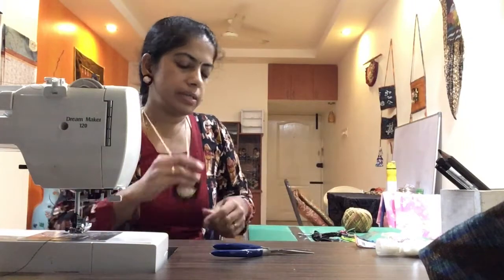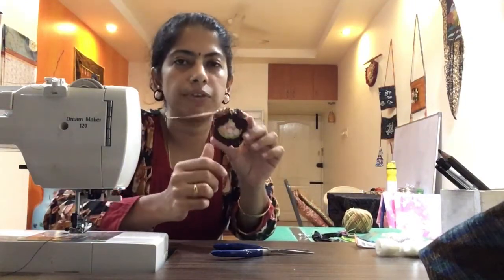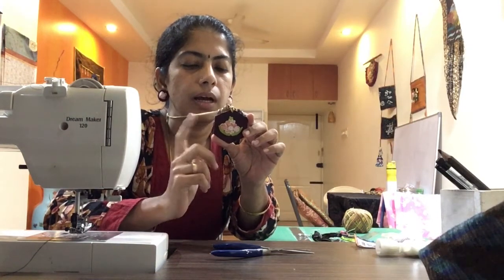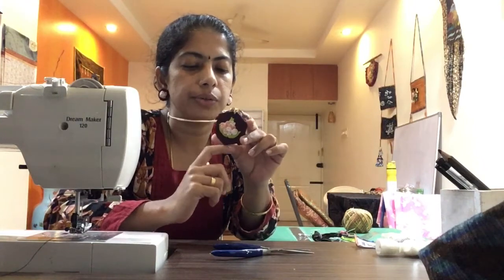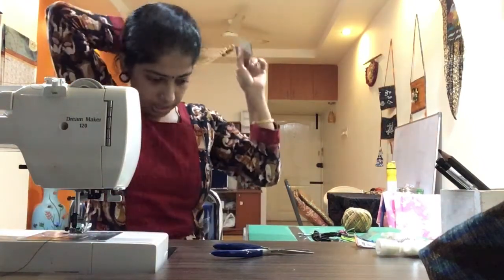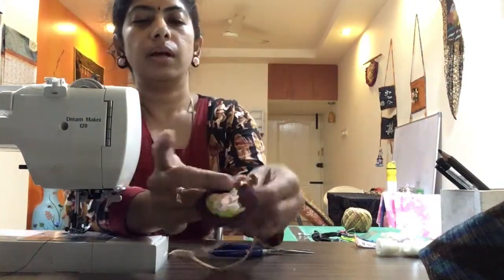Now to make the pendant, you could probably use a bigger piece of cardboard for this, and cut the fabric according to the shape that you require. What I've done is I've just made